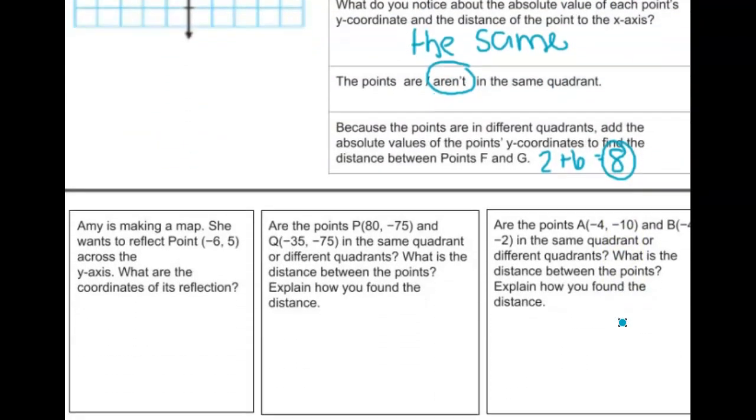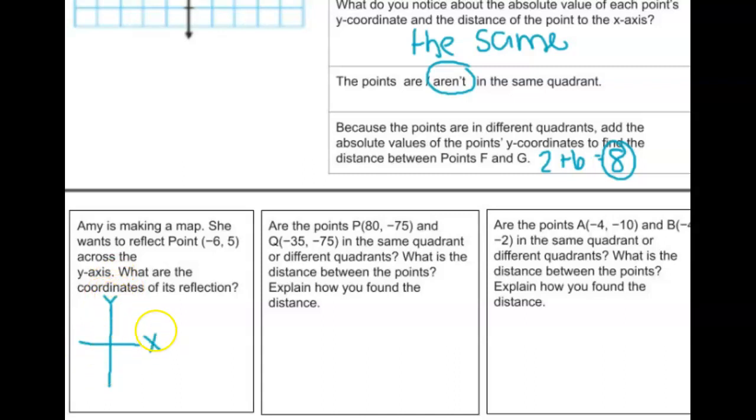Amy is making a map. She wants to reflect point -6, 5 across the y-axis. What are the coordinates of its reflection? So we haven't done this without a graph yet. So we're going to take this nice and easy. So a reflection. It's like when you're looking in the mirror, you kind of see the reflection of your face on it. So if I draw just a little tiny graph to help me out,